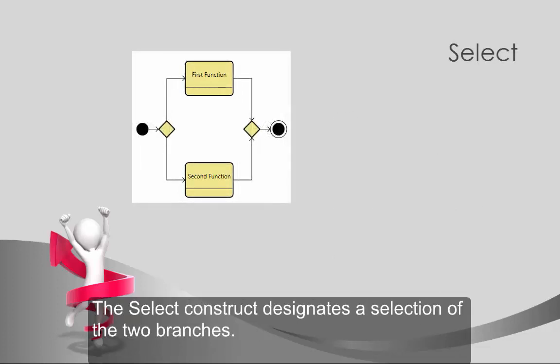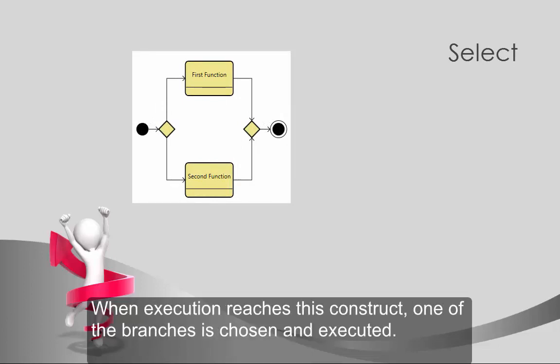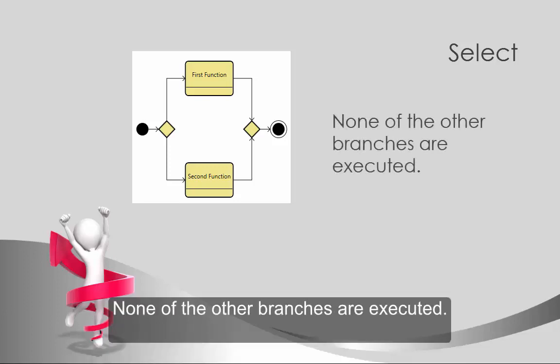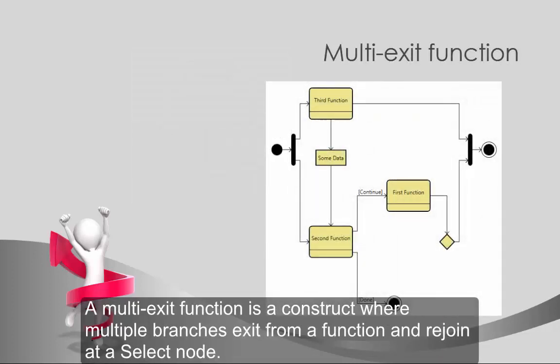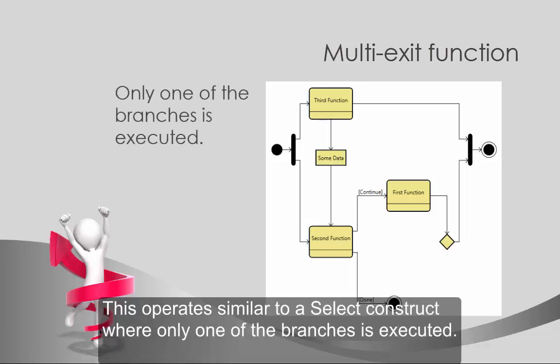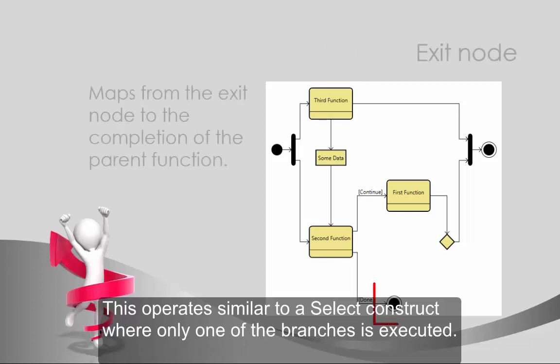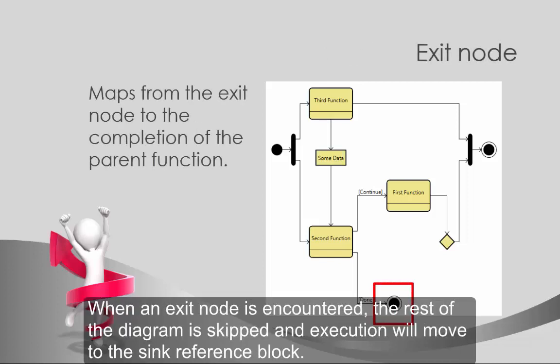The select construct designates a selection of the two branches. When execution reaches this construct, one of the branches is chosen and executed. None of the other branches are executed. Each branch can be assigned a selection probability using the right-click menu. A multi-exit function is a construct where multiple branches exit from a function and rejoin at a select node. This operates similar to a select construct where only one of the branches is executed. When an exit node is encountered, the rest of the diagram is skipped, and execution will move to the sync